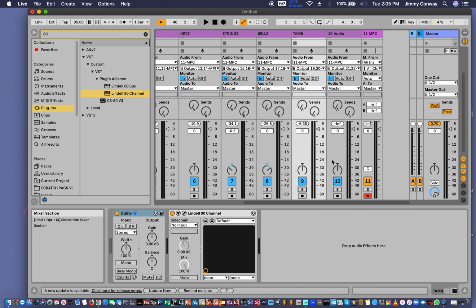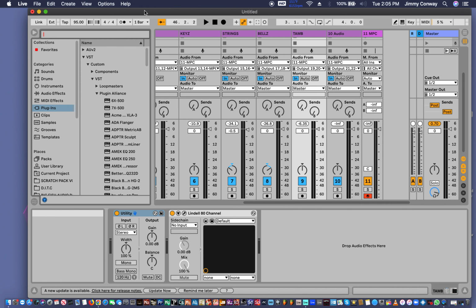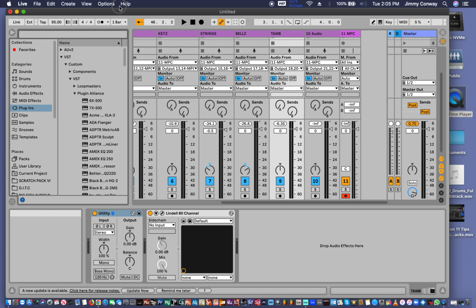Where if I track it out to stems, that's it. You know what I mean? You're committed. So if you're not really committed to the sounds just yet, do it like this. If you have a beat where you're like, this is it, then I track them out. Okay, so that being said,